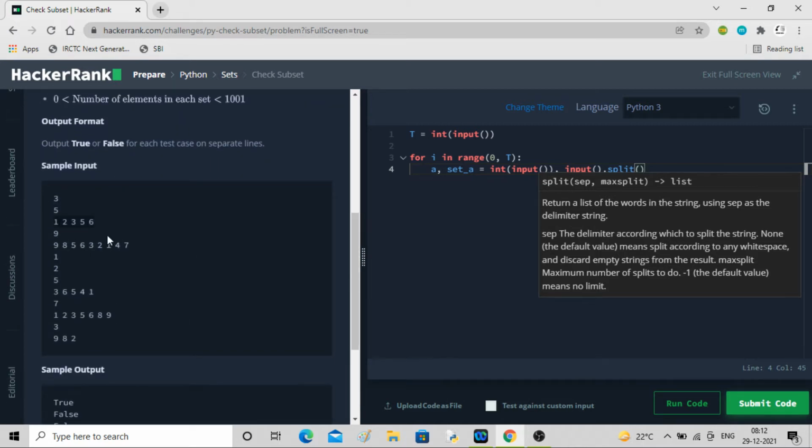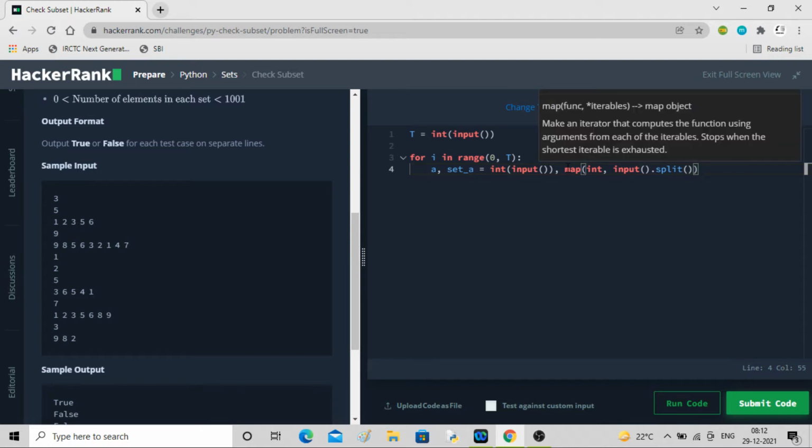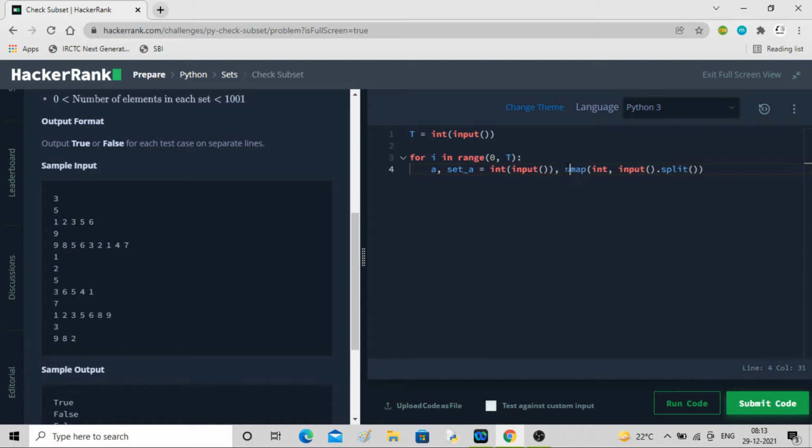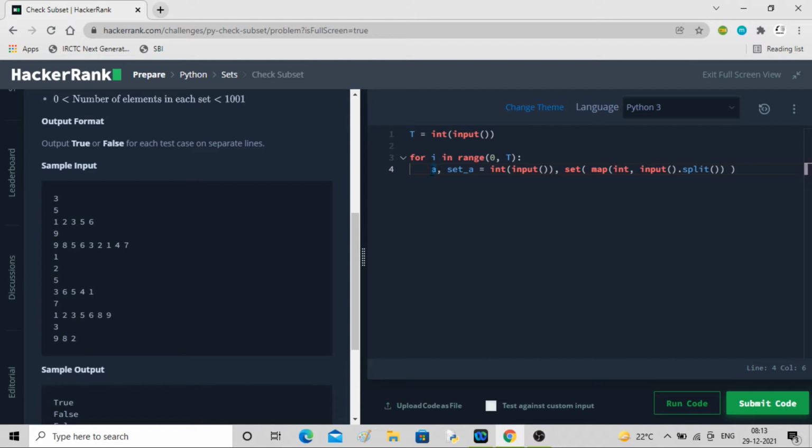So we have to convert them into integers. For that I'll map it with int. And since mapping will not give a direct output, I'll do a set form, because we want everything in a set. Instead of list I did set. So this will be the input for A and set A.